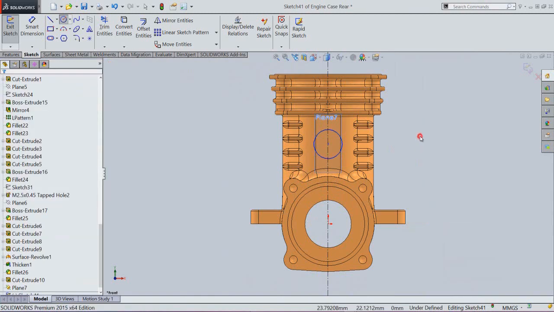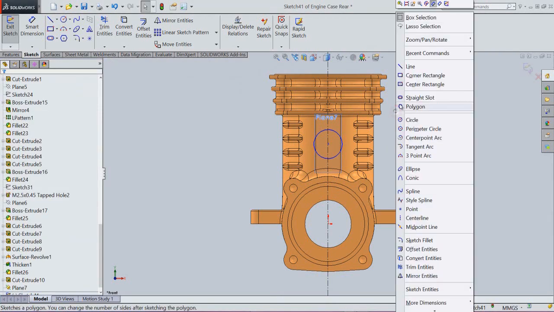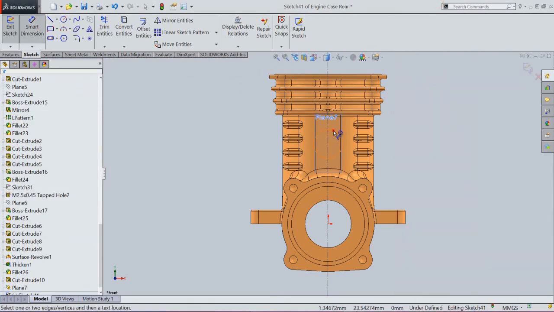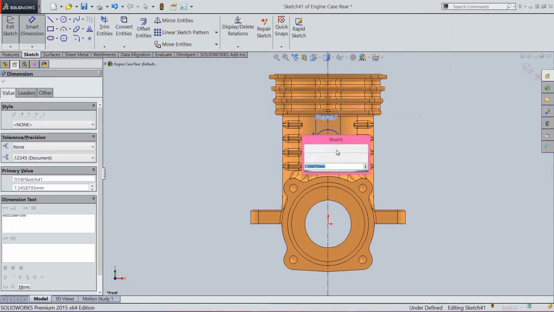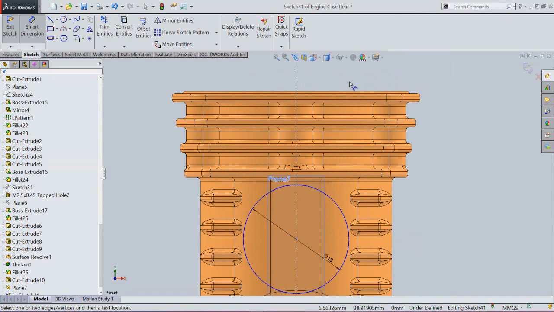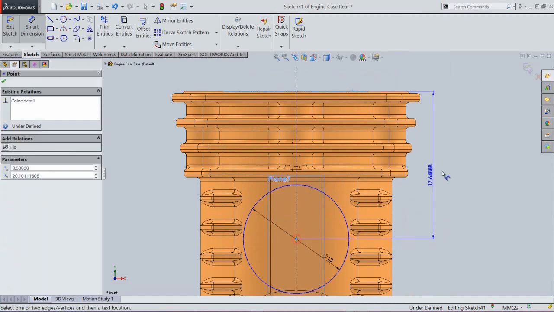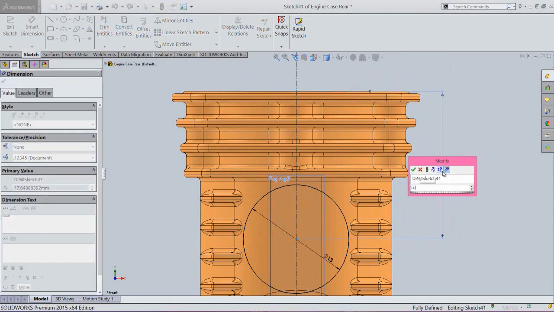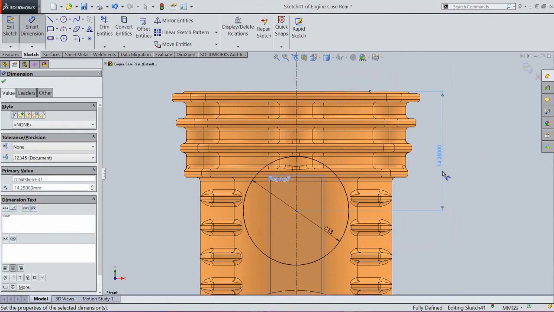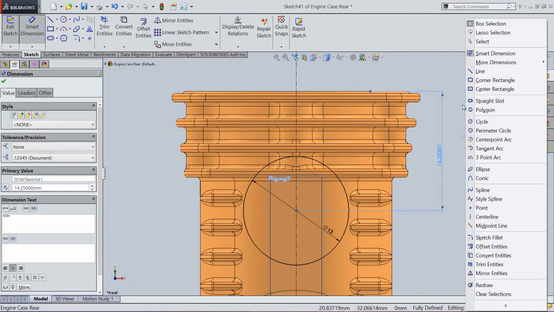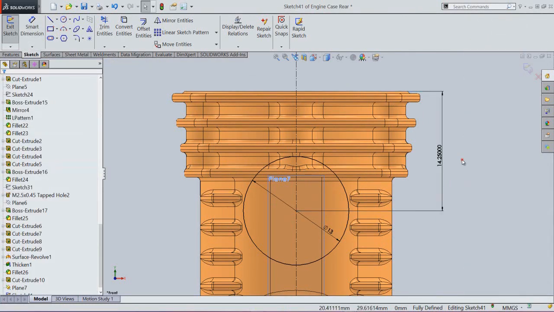OK. And set the diameter of this circle 13 mm. Apply the dimension between this edge and center point of the circle 14.25 mm. Okay, finish the sketch.